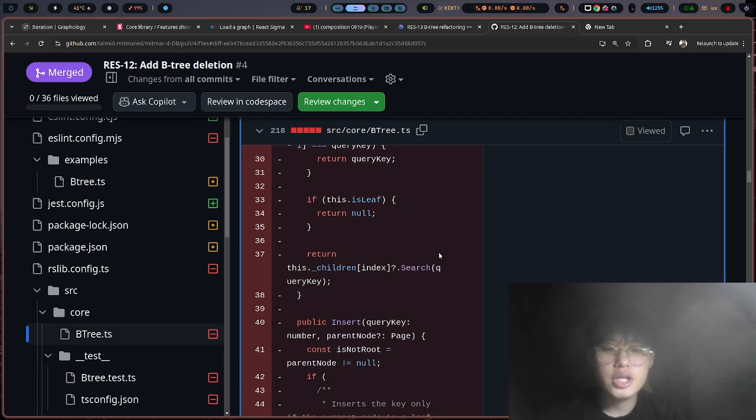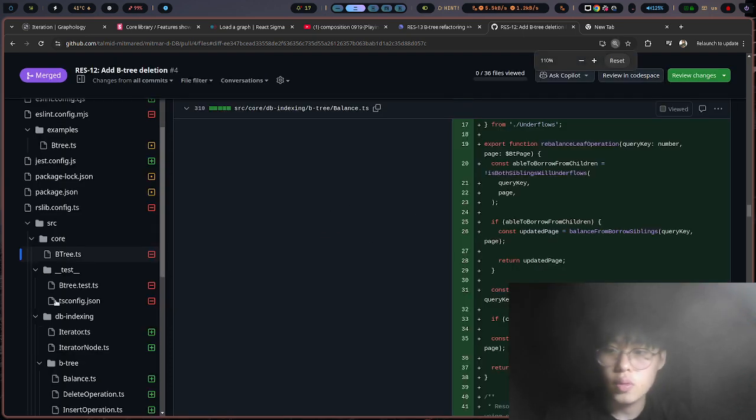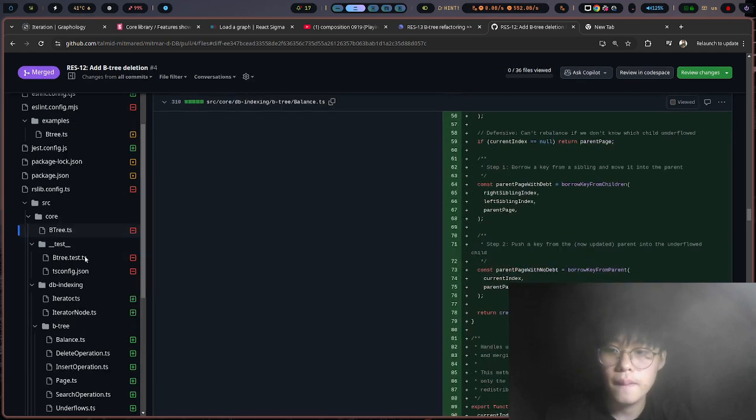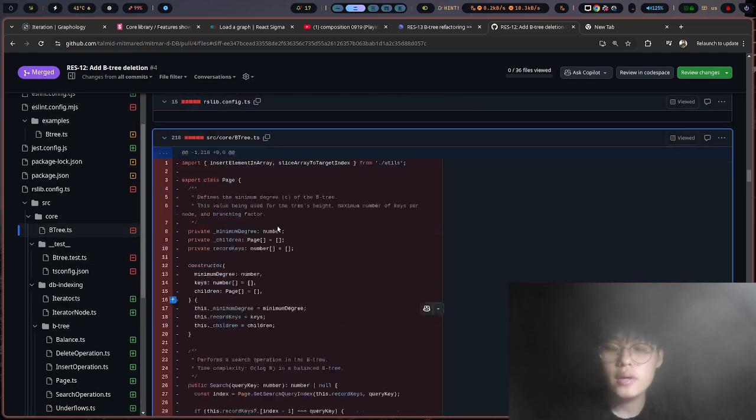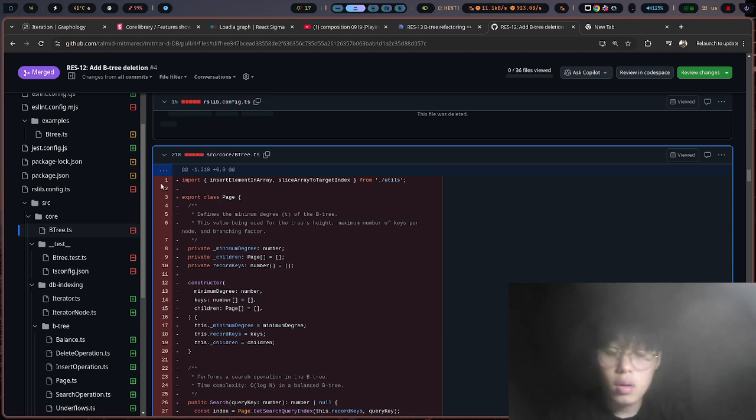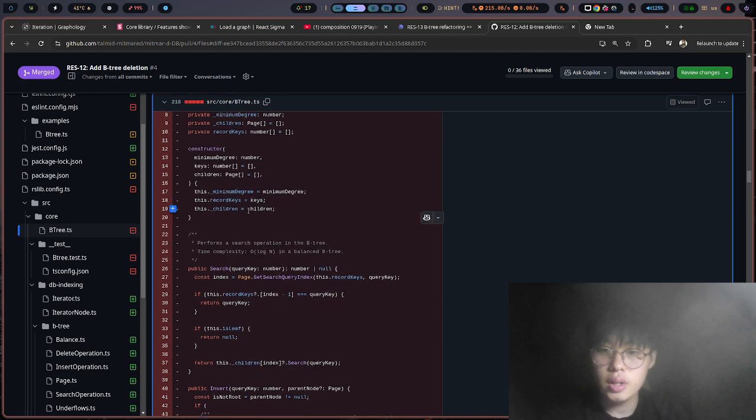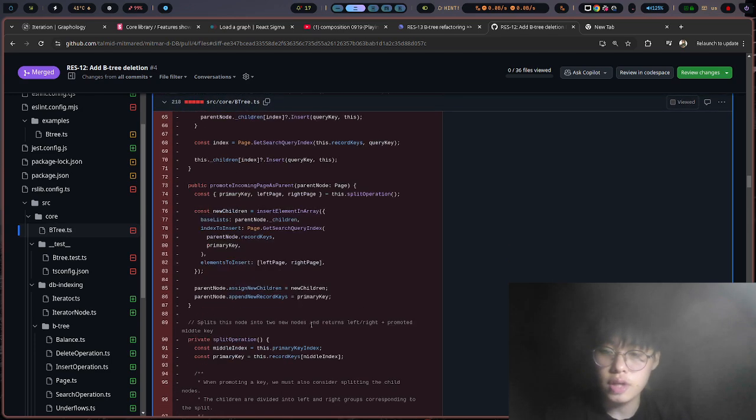If you look at this part, all of those kinds of logic like insertion, deletion and search operations are in this one class, page, and even though it is private, there's a bunch of code in here,